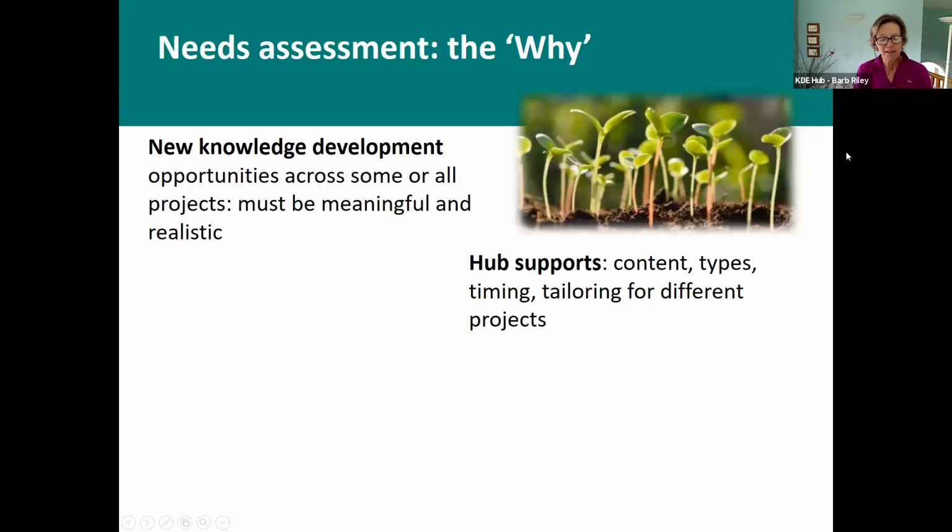With respect to the why, there are two main purposes to keep in mind. We've kept these front of mind, and just for your awareness, these are the two key things that we're trying to inform. One is the new knowledge development opportunities. This is a really core part of the KDE Hub's mandate.